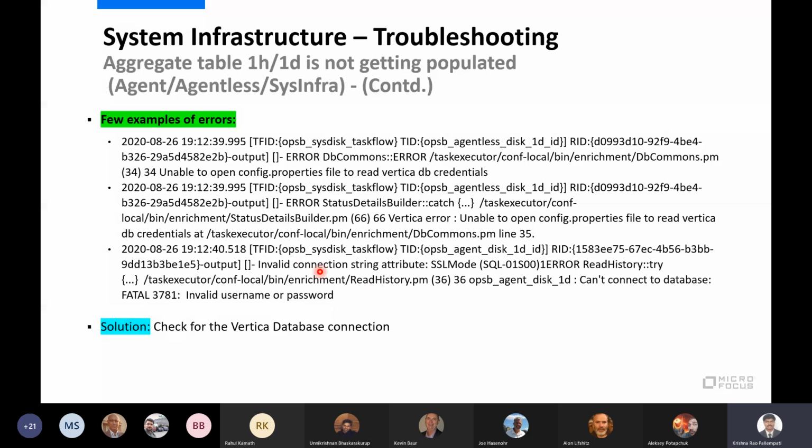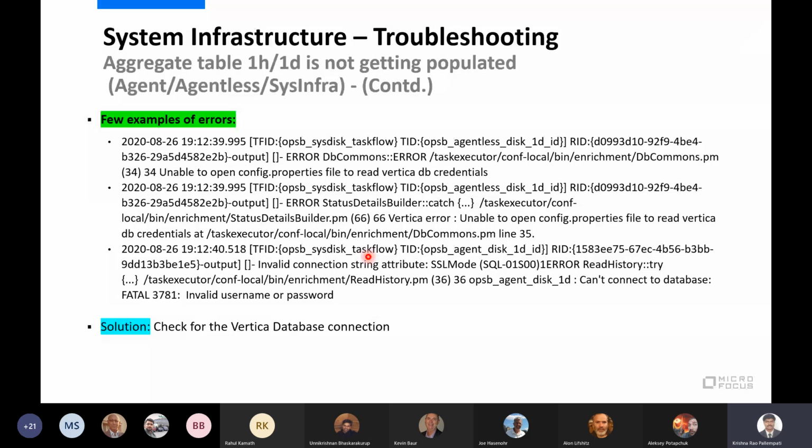Okay, this is the aggregation failures or no data in aggregate logs. You can further go through it. I will share this one, and I will point you to the right troubleshooting steps in our documentation. All these things are properly documented with symptom, cause, and solution. I just took it from there, and then I am explaining for hours. So this is how the no data in our aggregate tables is handled.